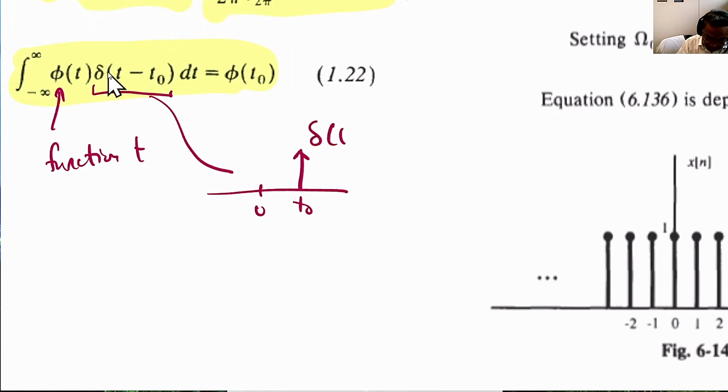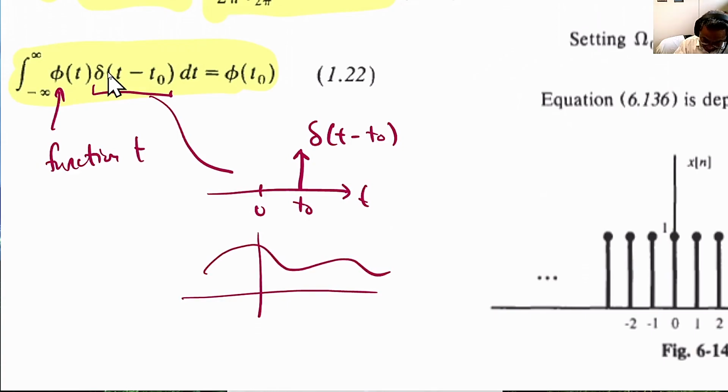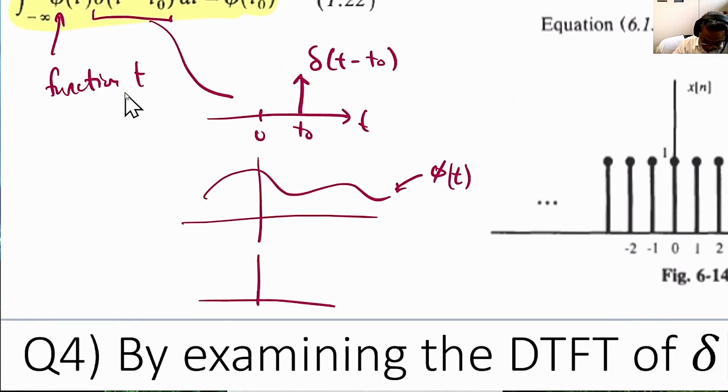This is delta of t minus t naught, and now this is t. And now assume that we have a function here, and this is the function phi of t. When we multiply this together and we integrate, then out comes a value at t naught, and this value is